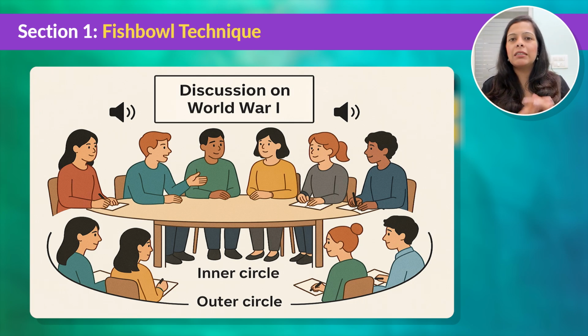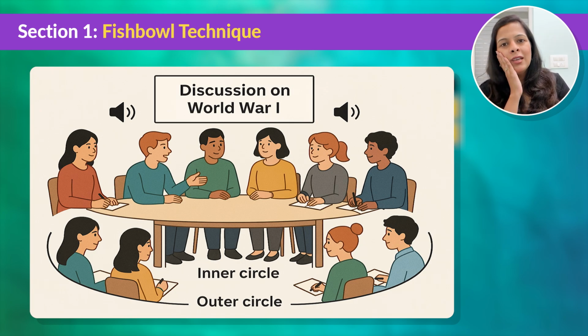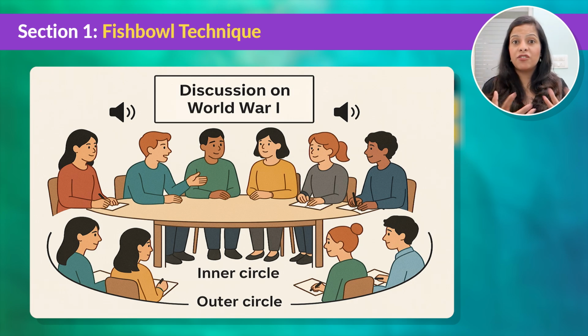So basically, आप देखेंगे, this is very different from the traditional teaching strategy. Why? Because traditional teaching में क्या होता है, the teacher is coming into the class and teaching you and telling you everything, and you are just sitting there like a dull student trying to absorb everything. And now that the attention span is getting so much shorter, it is important to come up with strategies where everybody is involved. So the teacher here is not the giver of knowledge, he's a facilitator of knowledge. That's why UGC is asking about these strategies so often in the paper, because they know that this is the future of teaching and learning in India.